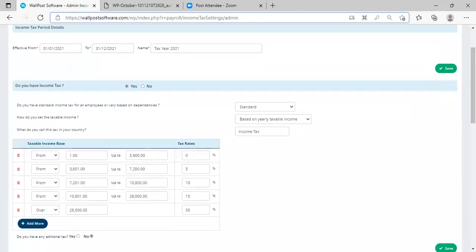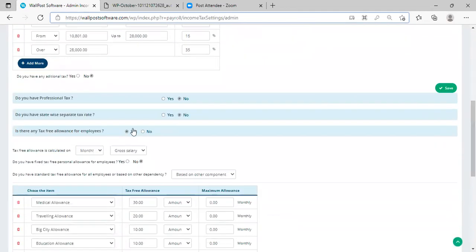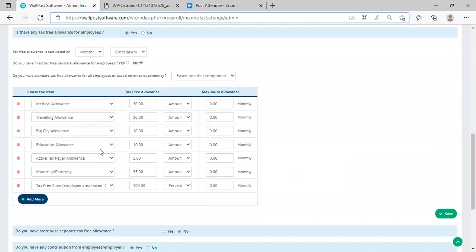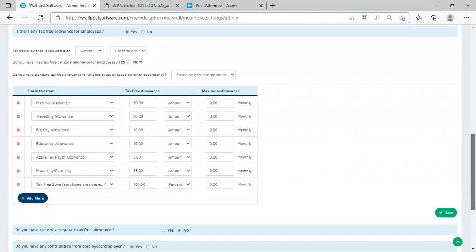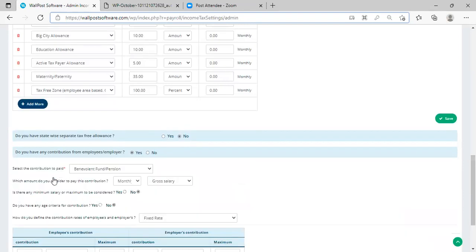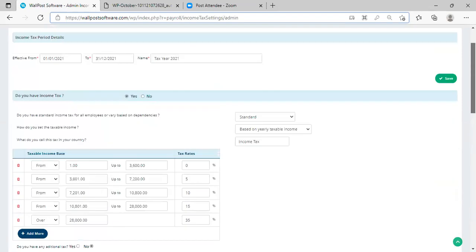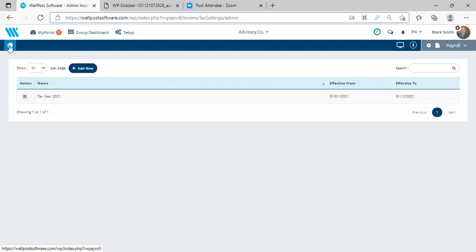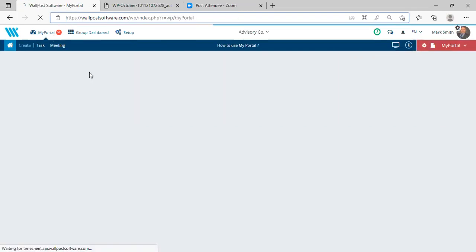You can define your income tax, define the tax slabs, your professional tax settings, and you can also define if there are any allowances as part of your salary. You can define them over here, and plus you can also set the employer and employee contribution by just clicking them and setting the settings. So all these are one-time settings. Once you define that, it's a very easy process. At the time of your payroll processing period, you can just go ahead, select the specific payroll period and generate it. Let me show that to you.